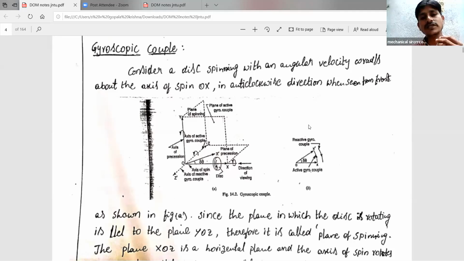Which places? Spinning disc and spinning axis, that means shaft and gear. For example, wheel and wheel axis, propeller and propeller shaft. But another condition is also there: not only the arrangement, but the axis or shaft must have some angular displacement. So all of you observe the figure. Just watch the screen sharing. Okay, screen sharing is there. Del theta.